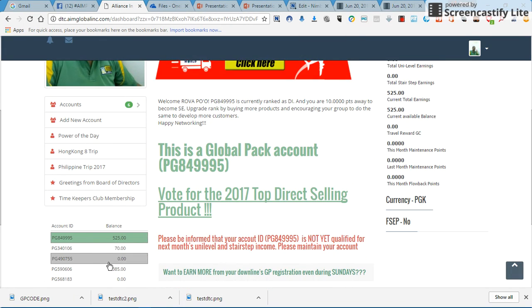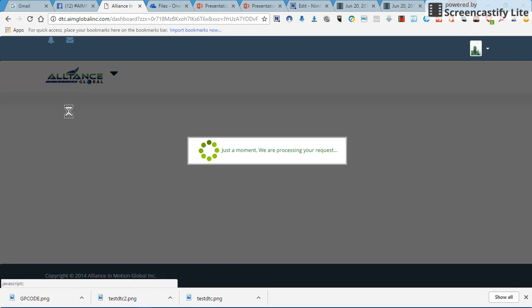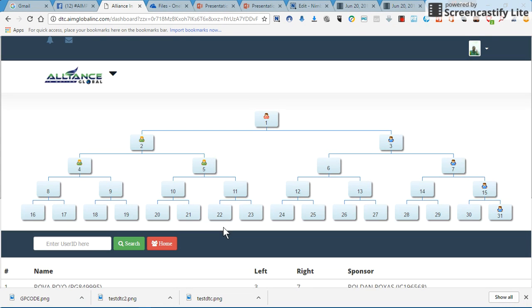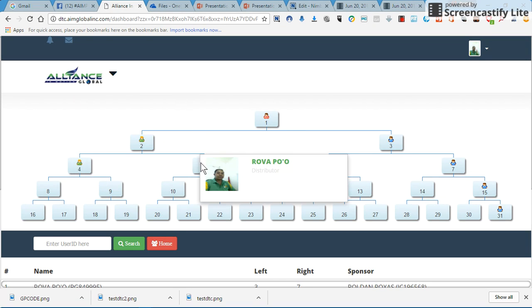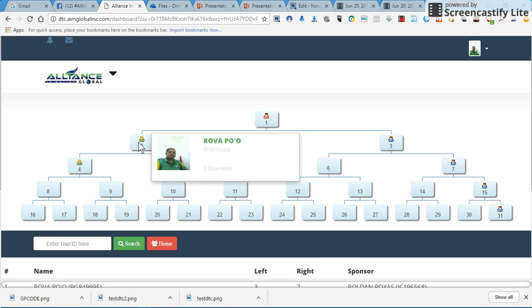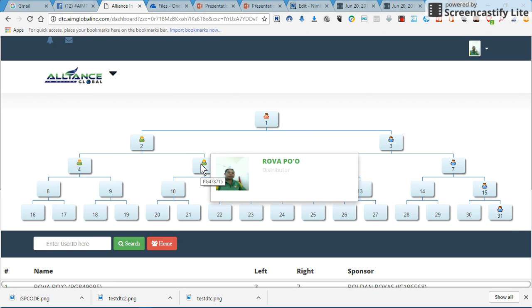Let's proceed. This one, right? 59606, but the genealogy 59606. Before 280 because this one is 140k direct, 140k direct.